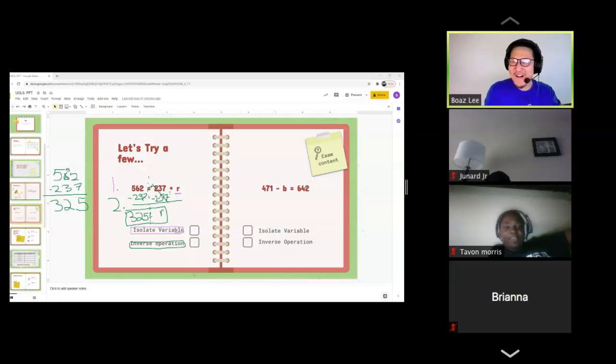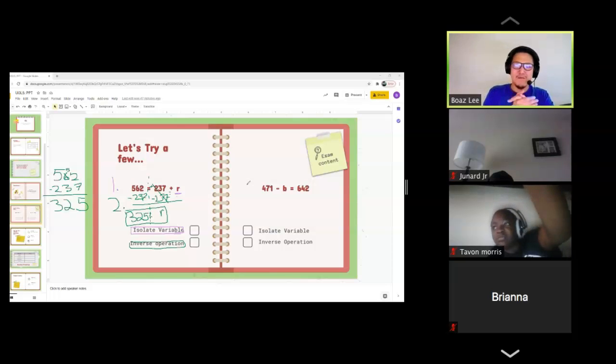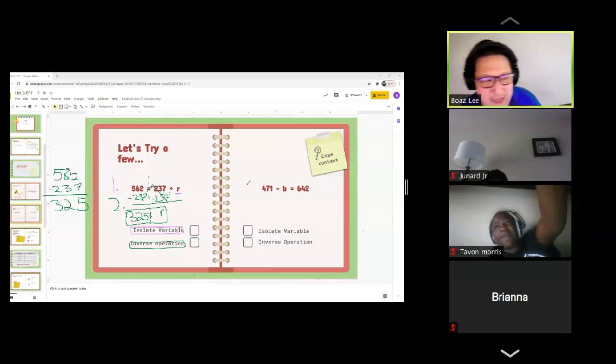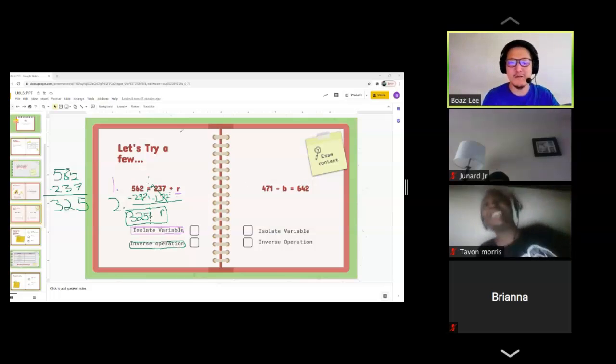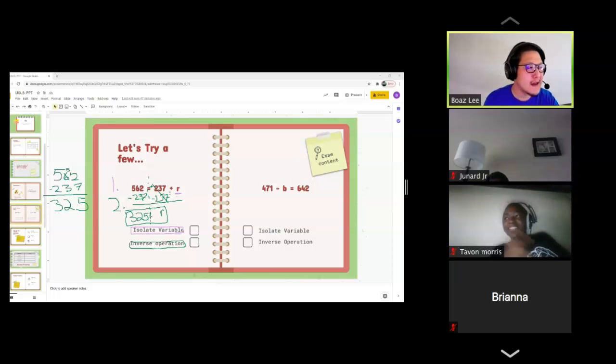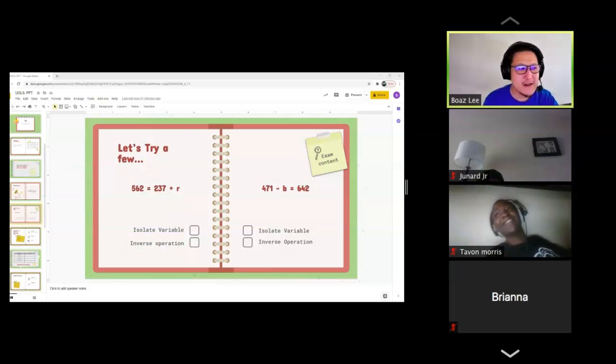All right, so for question number 2, I'm actually going to skip it for right now, because in the previous classes I realized that it is a 2-step equation and we're only focusing on 1 step for now. So disregard this question and let's keep it going here. You guys are on a good track. I feel the energy moving.